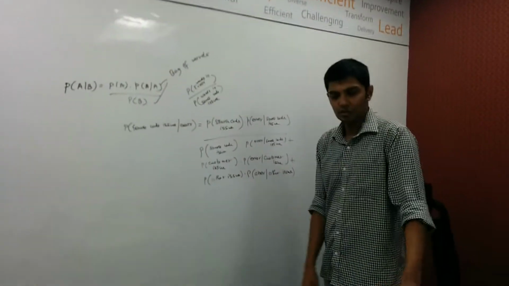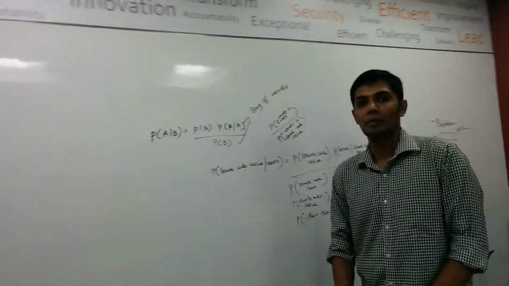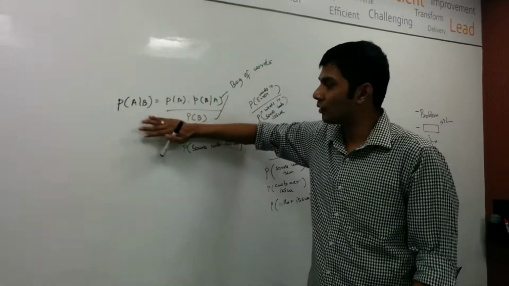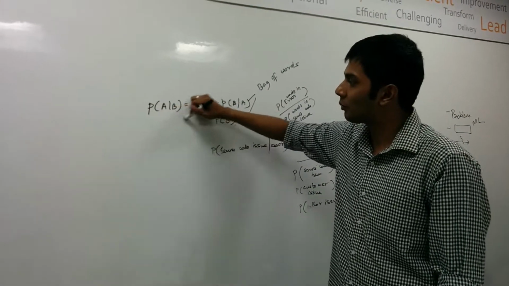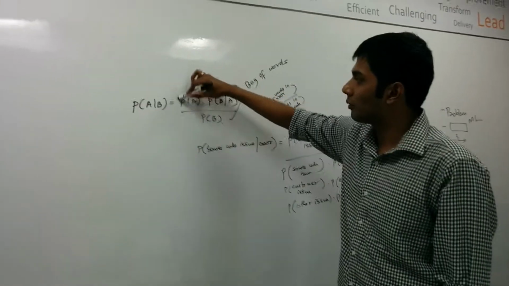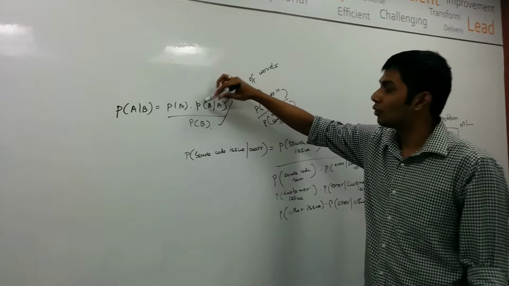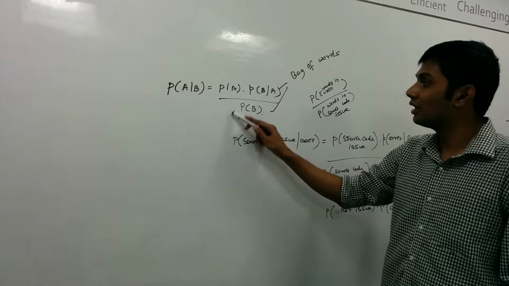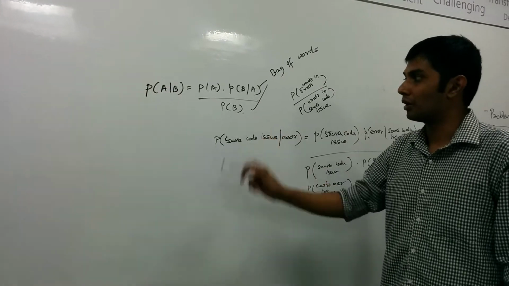Okay. To build this tool, we've used the Naive Bayes model for classification. So, this is the basic formula for Naive Bayes. This is the posterior probability of the event A occurring given the event B. This is the prior probability of the event A. This is the likelihood probability of the event B given the event A, and this is the total probability.